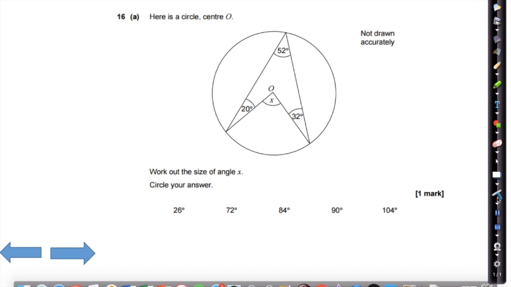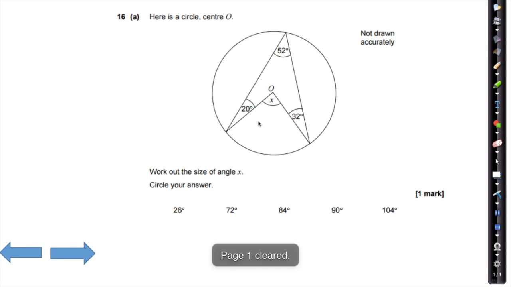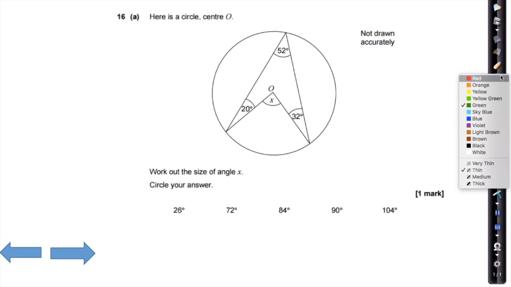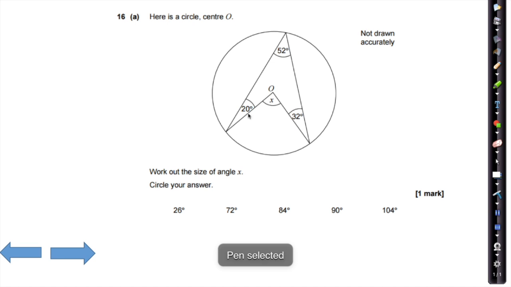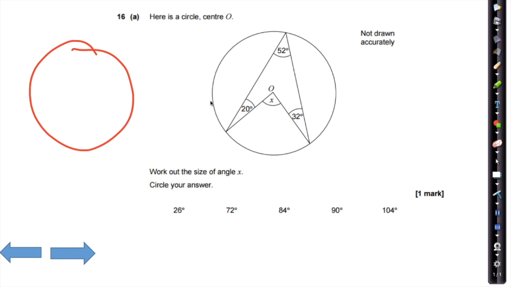Right, so we've got a question which is about circle theorems. Here is a circle, centre O, and if you've learned your circle theorems, hopefully this won't be too hard. This is the one which people do sometimes get confused with because it looks like that one with the arrowhead. Just be careful, because if this is centre O, there is a version of this